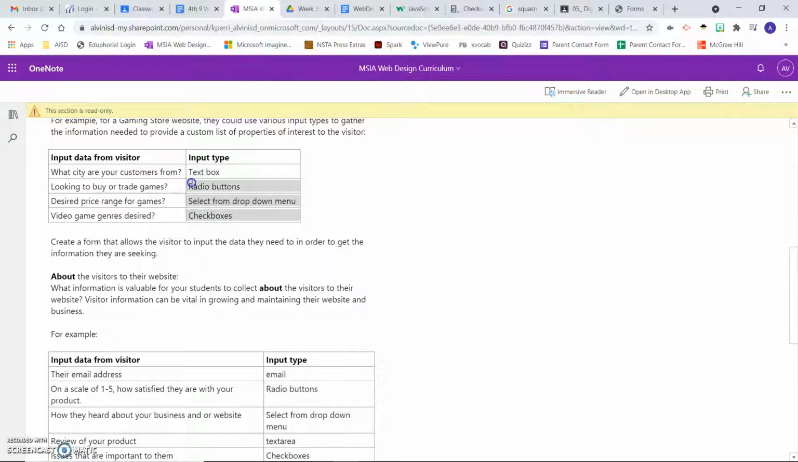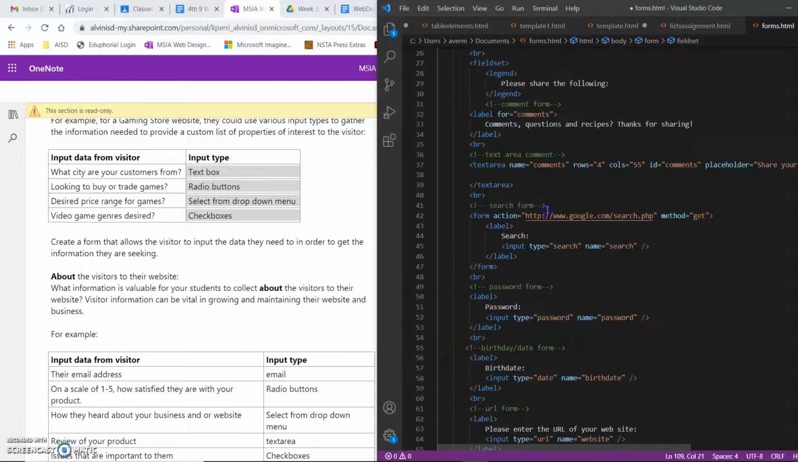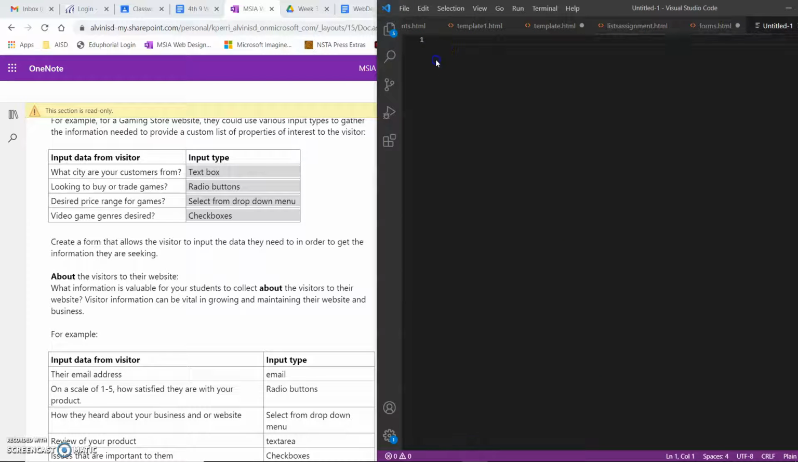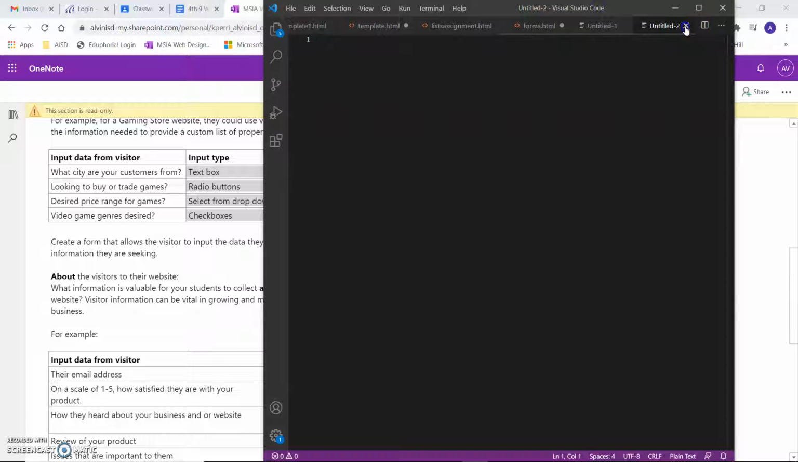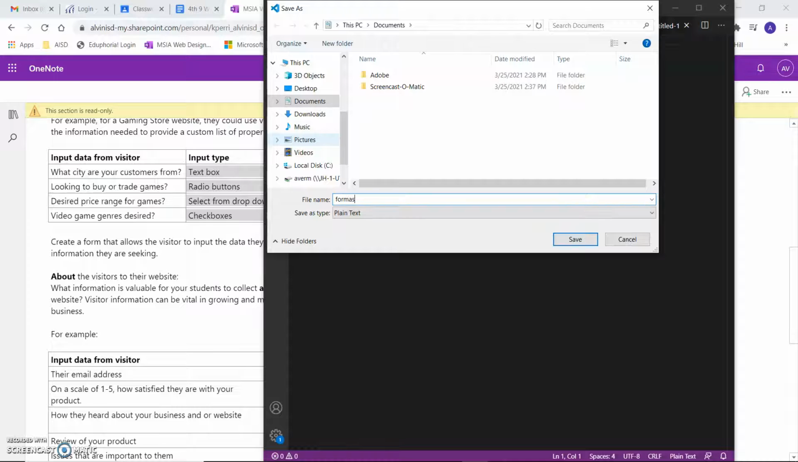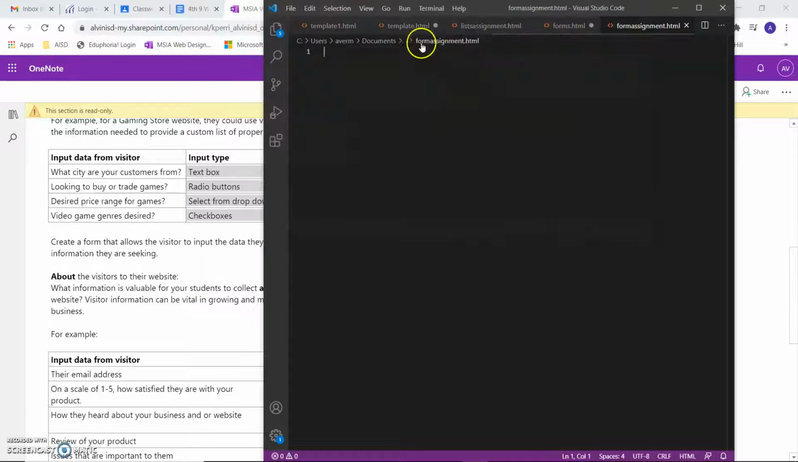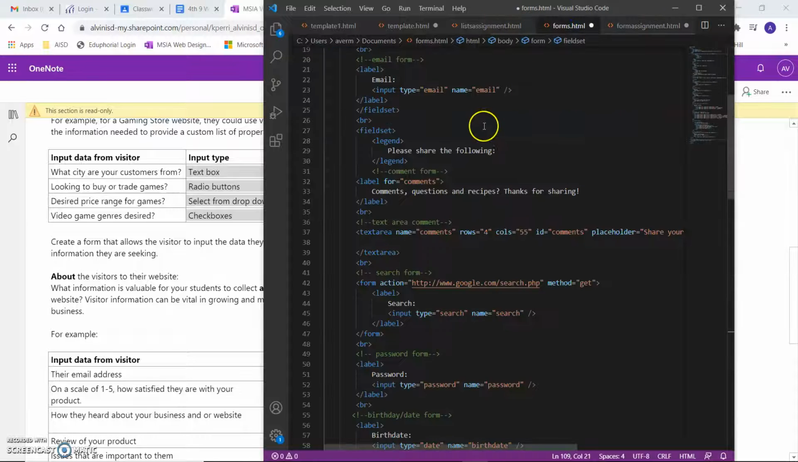displaying your different types of input. So you're going to have to basically copy and paste some of these over into a new file. Okay, you're going to go File, New File. I'm going to call it created 2. File, Save As. We're just going to call it Form Assignment. Save it as HTML. Okay, come to your template, copy, paste,